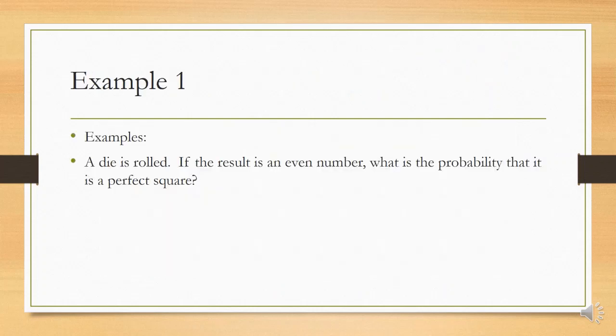Okay, let's have an example. A die is rolled. If the result is an even number, what is the probability that it is a perfect square? So, there are actually two events that we are looking at. The first one is when you roll the die, it's an even number. And then you are asking the probability of the second event: what if it is a perfect square? So, our general formula, if this is event A, the first one is an even number,